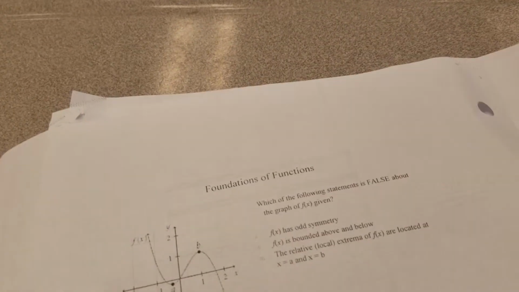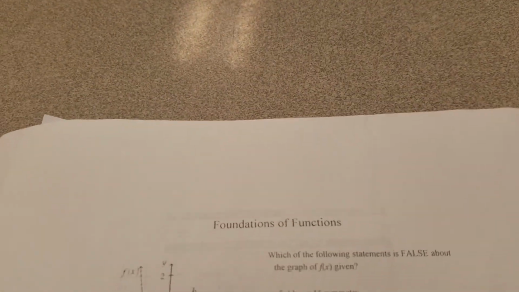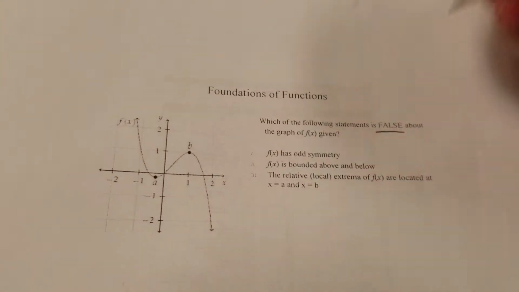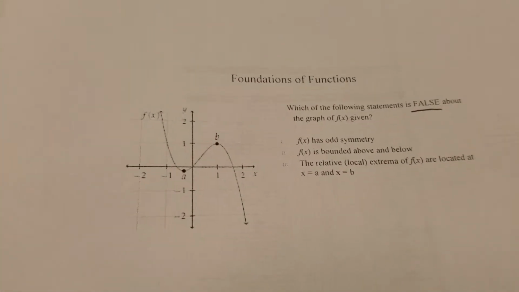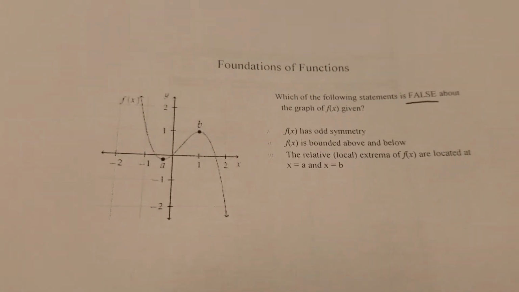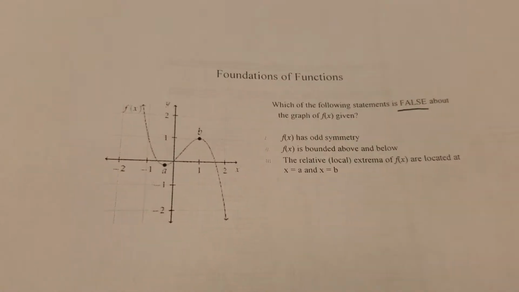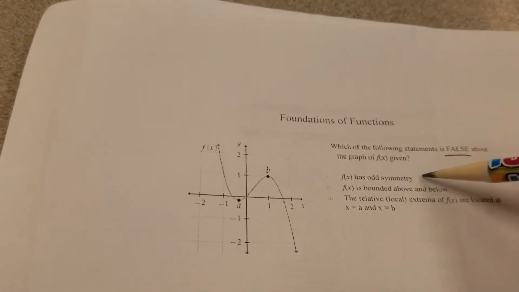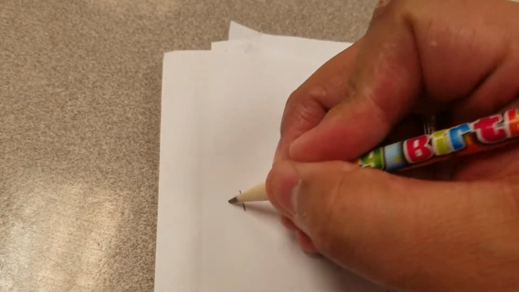Alright, so first problem here is something where they're asking me, here they're asking for false. I mean, on the actual test they could ask you for which one of these statements is true, but they'll give you a graph, something like this, and maybe like a couple of things to look at. And so first thing is, what's odd symmetry? And so like I mentioned in class, guys,